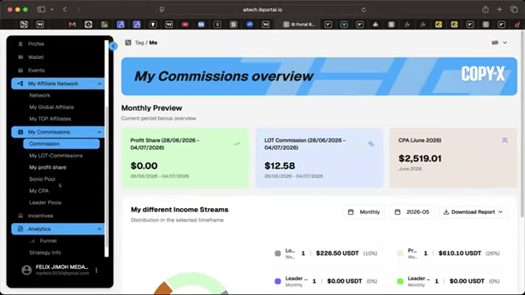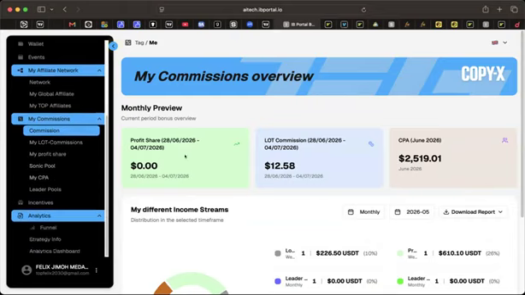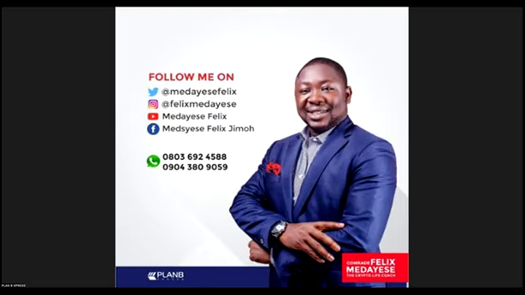And then you have incentives, you have so many income sources and all of that. So ladies and gentlemen, this is what we have for you so far. I'm sure you love what you have just heard. I've shown you my own personal report card, and again, I've shown you the tools that make it possible. Ladies and gentlemen, do you need to know too much? The answer is no. All you need to know is to follow simple instructions and be making money. I'm not here to bamboozle you with too many stories, but to just make it straightforward for you.